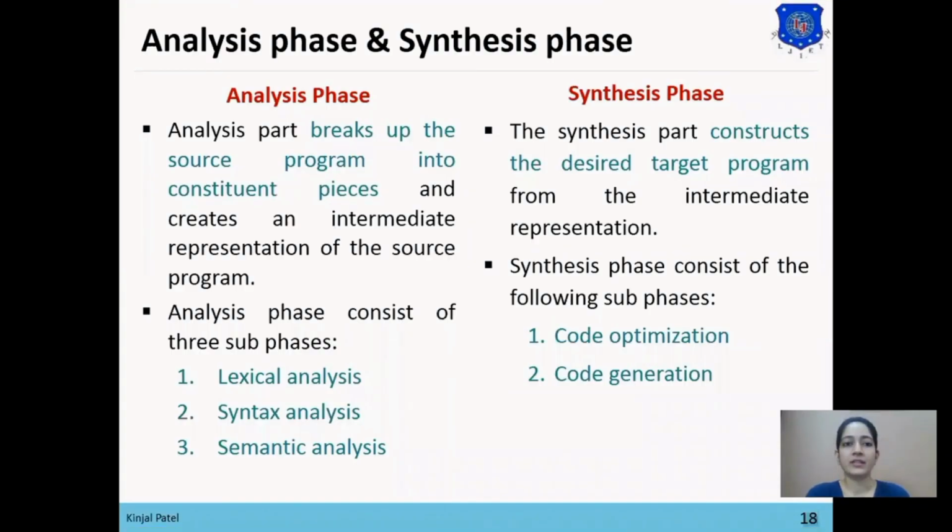So the next topic is phases of compiler. The phases of compiler consist of the analysis phase and the synthesis phase. All these six sub phases of the analysis and synthesis phases are included in the phases of compiler. We will learn these six phases in detail in our next lecture. In this lecture we have learned different types of translators, the context of compiler, and the analysis and synthesis model of compiler. And in our next lecture we will learn phases of compiler, pass structure of compiler, and different types of compiler.